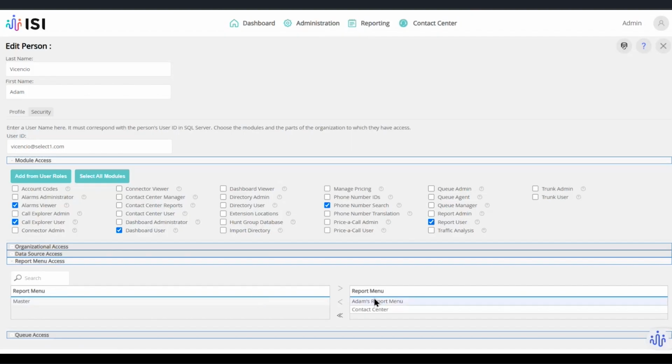Okay. And so that is how, during setup, when you add a user to log into the product and run reporting, you can set up their access to have access to specific report menus and such and so forth.